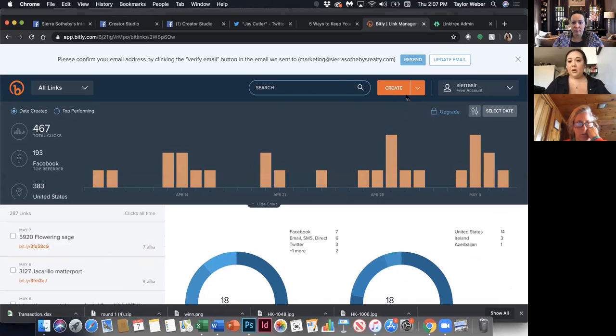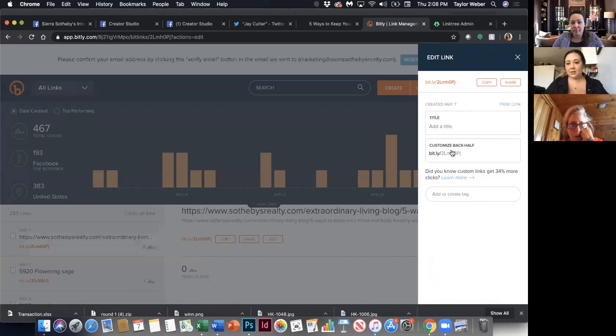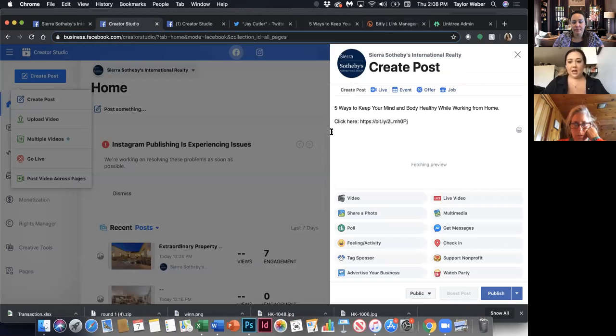So I'm going to go up here to the top right-hand side where it says create. I'm going to paste the URL in and then create. And you can add a title if you want. You don't have to. I'll just say healthy mind and body. So I'll click save. I'll copy the link and I'll go back over to Creator Studio and just paste that